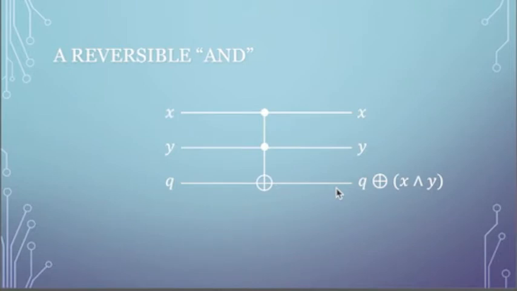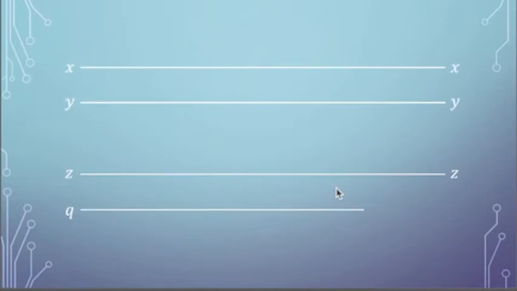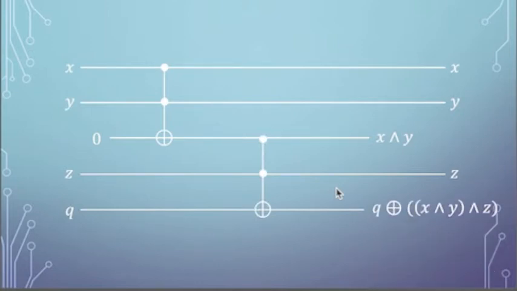So what happens if we want to, say, do an AND of X, Y, and Z? Well, we can't just use a Toffoli, and let's pretend for the moment that we don't have a triply controlled NOT gate. So what we're going to do is introduce a scratch qubit initialized in the zero state. We will apply a Toffoli to the first two qubits, putting the result on this wire over here. We'll now do another Toffoli. And okay, we've got X, Y, and Z XORed to the